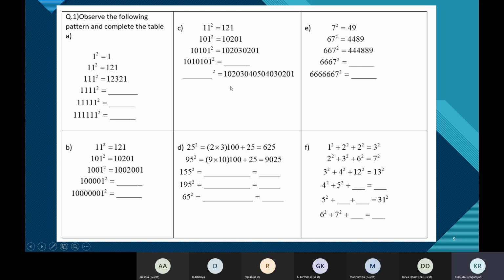1 0. The next 2 will become 1. This 3 will become 1. 4 will become 1. 5 will become 1. These are repeated. Stop at 5. 1 is 1. 0 never changes. This 2 becomes 1. The 3 becomes 1. 4 becomes 1. And 5 becomes 1. 1, 0. 1, 0. 1, 0. 1 squared.